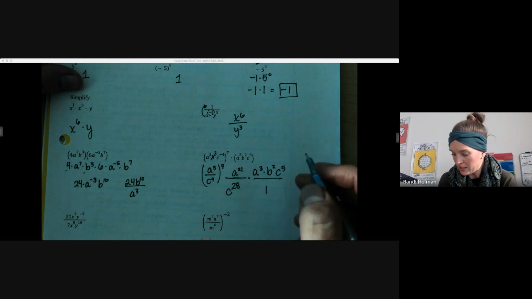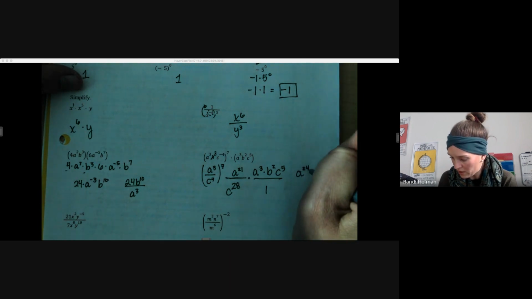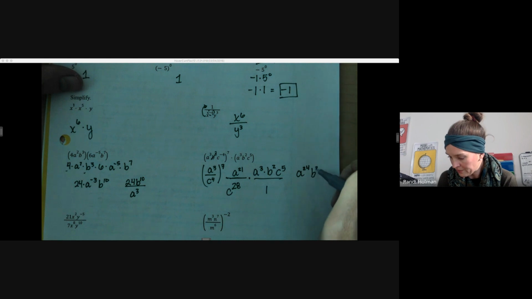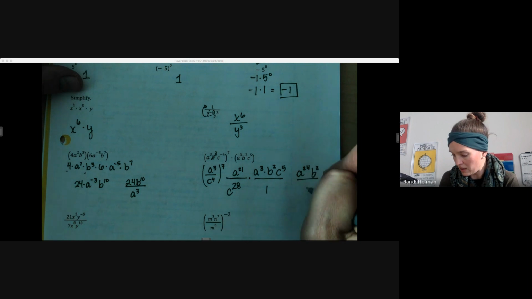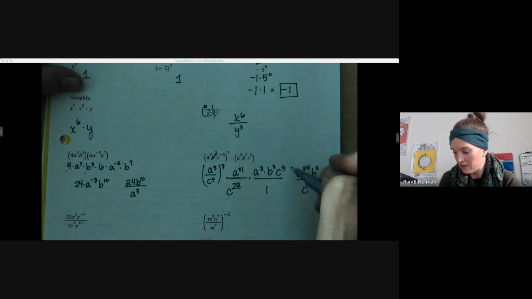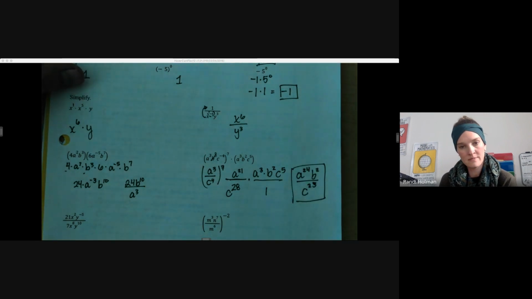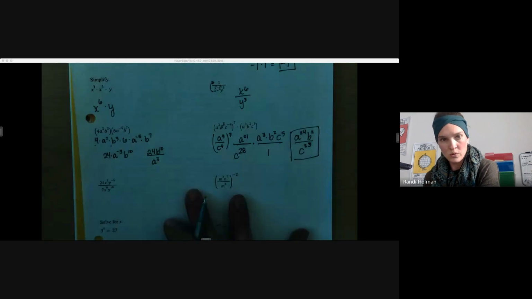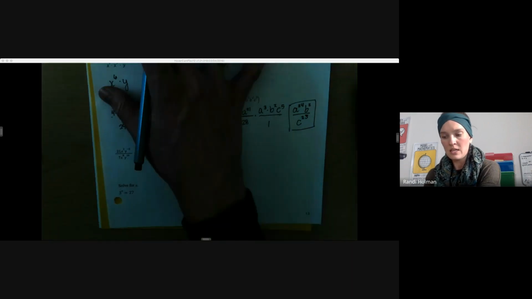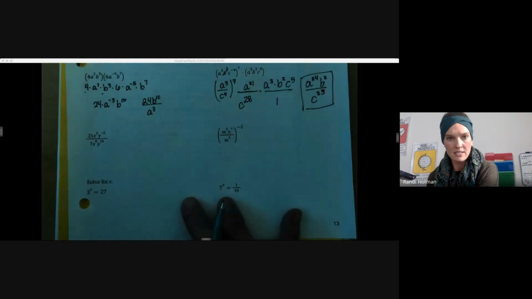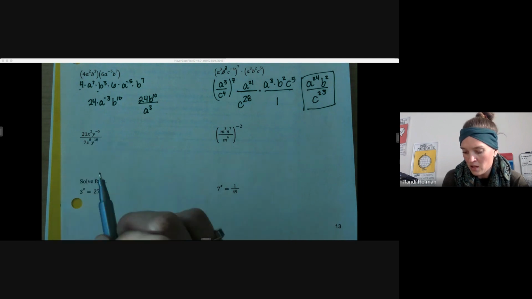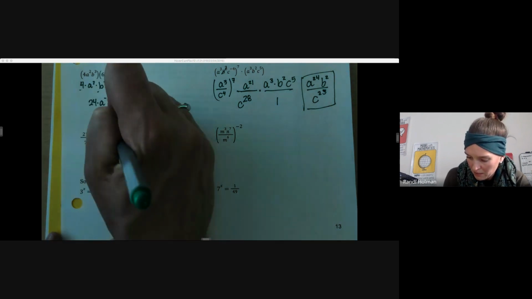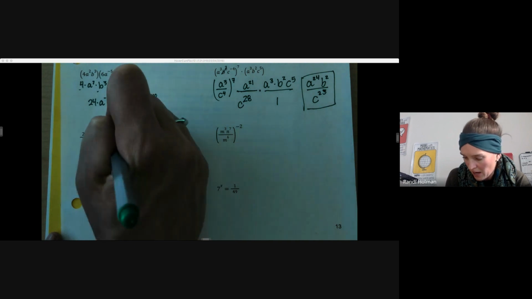Okay, we can combine our a's here. That's a to the 24th, b to the 2nd. And then we have 5 of these c's, which will cancel out with 5 of these factors of c, leaving us with 23 factors of c in the denominator. Moving right along, seeing that with these, we're taking just one little thing at a time. So here, 21, x to the second, y to the negative fifth. Ooh, I'm going to deal with my negative exponents first. Is that my only entry point? Absolutely not. But I am going to move